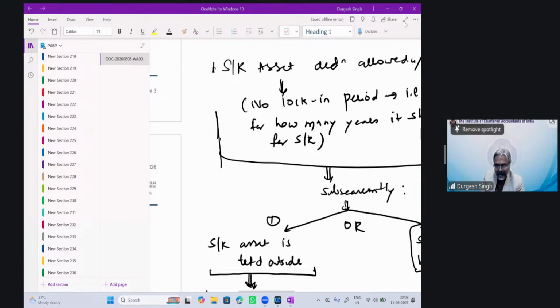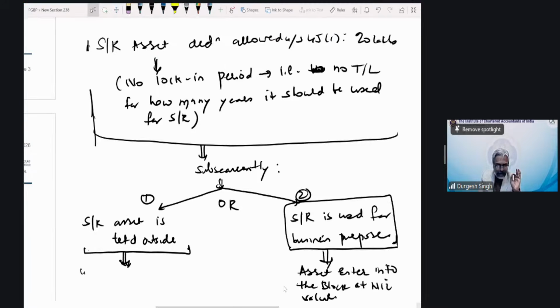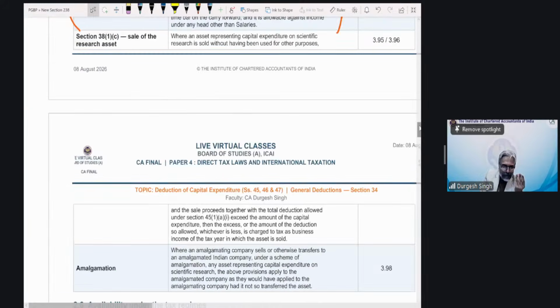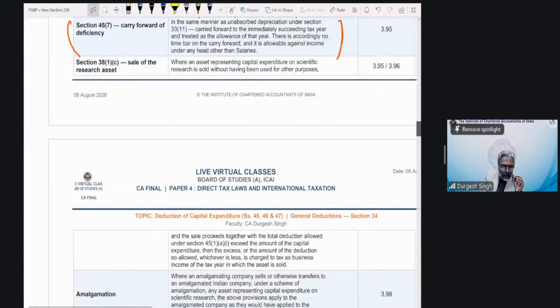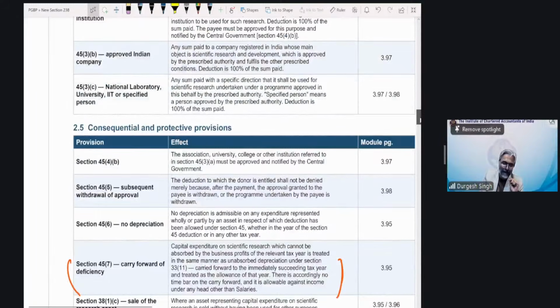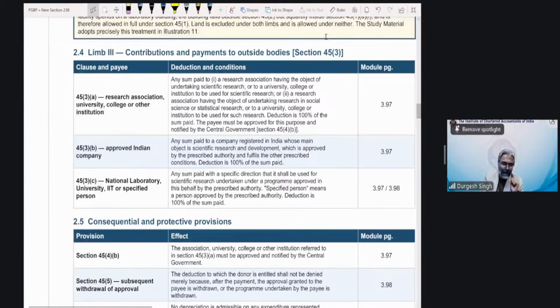Now, students, in this particular context, my only humble suggestion for all of you: the second part, if you may, this is the simplest part. The second part, students, is about giving the donation. You may just read this and that is it. Students, be careful over here. Giving donation and taking the deduction. Donation to whom? This is 45.3. I told you already, 45.3. Give donation, take deduction.